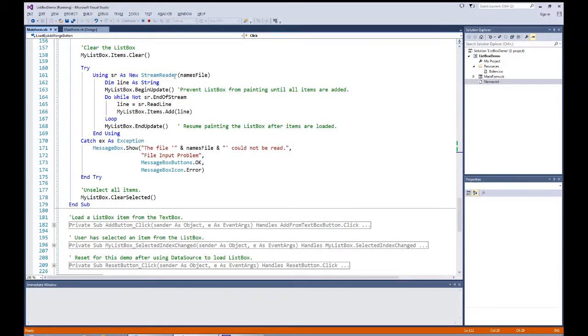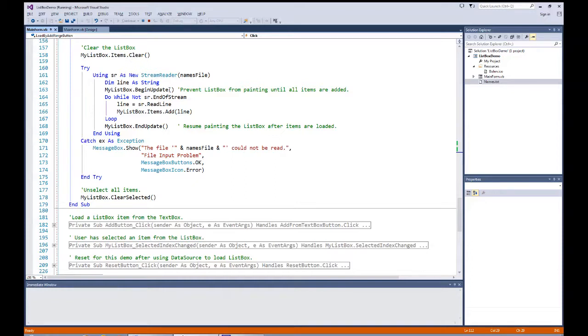What I'm using is a StreamReader. And I already have a constant defined at the very top of my class that knows that I'm using the names text file. And the StreamReader is being declared. Instead of using the Dim keyword or reserved word, I'm using the Using in place of it, which allows it to automatically dispose of itself at the end of the run. And so basically the same thing as adding by item, and we see the method right here,